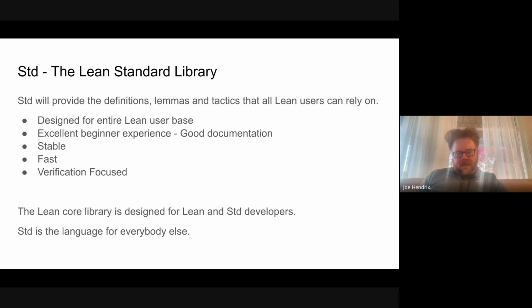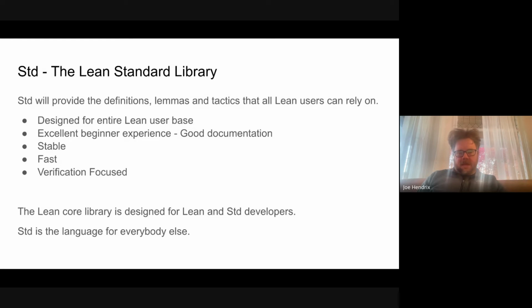So the Lean Standard Library, it's Std4 if you haven't seen it before. It will provide the open environment for users that they can rely on. It's designed for the entire Lean user base, not just mathematicians, but of course mathematicians are a key part of the Lean user base. We want a really good beginner experience, so good documentation.